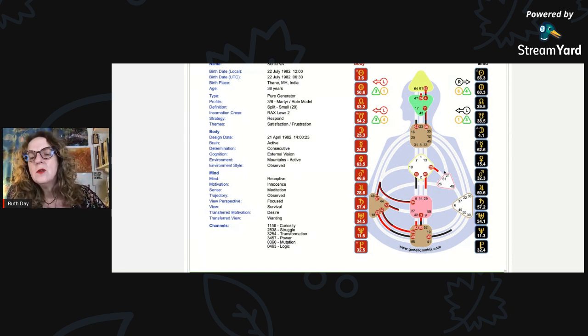And again, here is the ego center. Now, the other thing about this open center is that if she's going, well, no, I feel all sorts of stuff, what can happen is, especially since it's wide open with no gates, you see how this center has gates, but is still undefined,